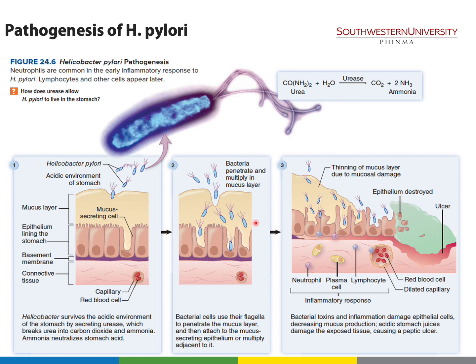This microorganism produces a large amount of an especially efficient urease, as I said, one of their major virulence factors, in which this enzyme converts urea to the alkaline compound ammonia, resulting in a locally high pH in the area